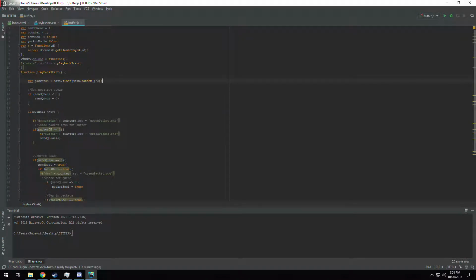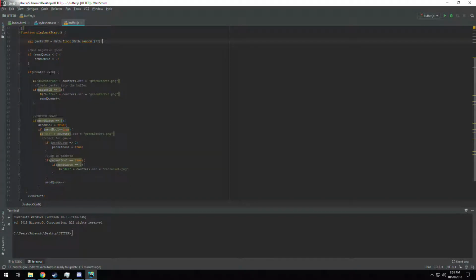And here's the JavaScript. We start out with a random variable that will either be 1 or 2, and that is for the packets coming from the source to the buffer. So it kind of simulates either packets being lost or a slow network. This if statement all it does is keep the queue above 0. This counter, since there's only 20, says if you're below the 20,